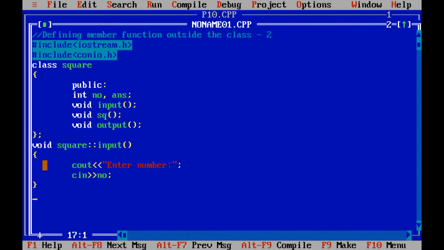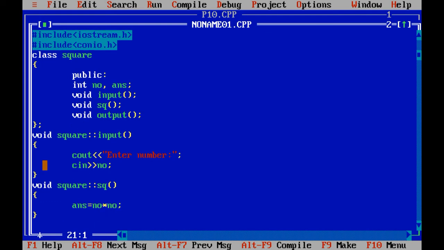Now what I need to do is develop the body of square. So square is the name of the class, sq is the name of the function within which we are going to write the code. Now sq contains the formula, or we can say the processing statement, and after that we are going to develop the output function.